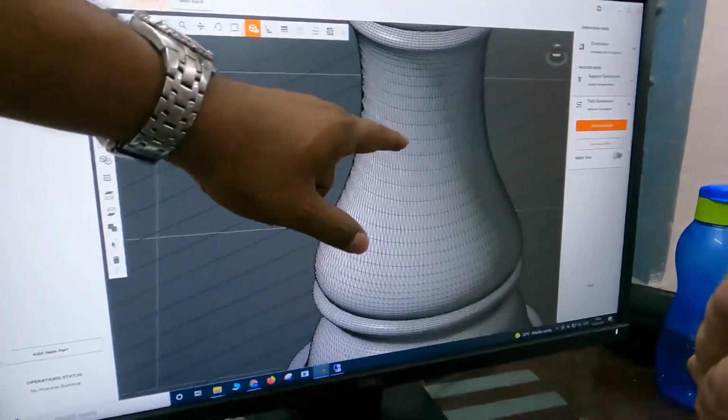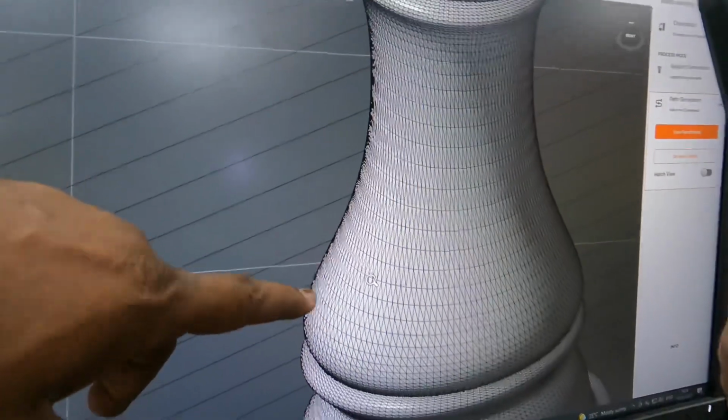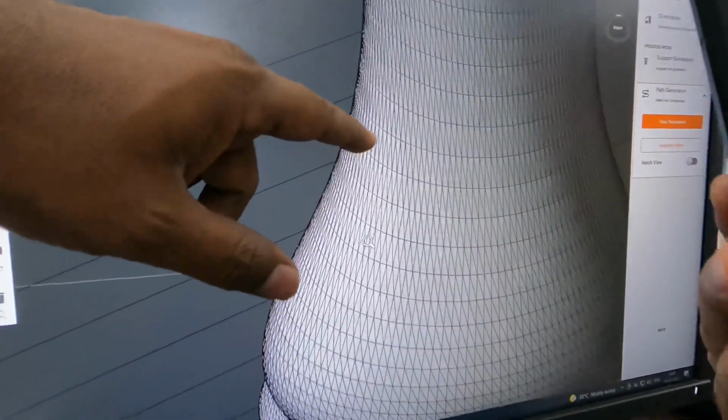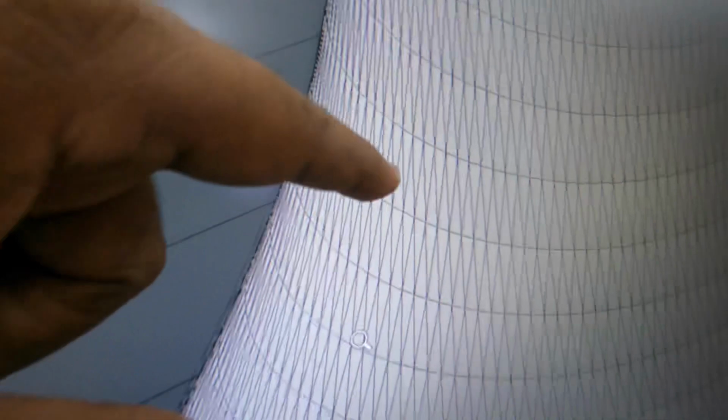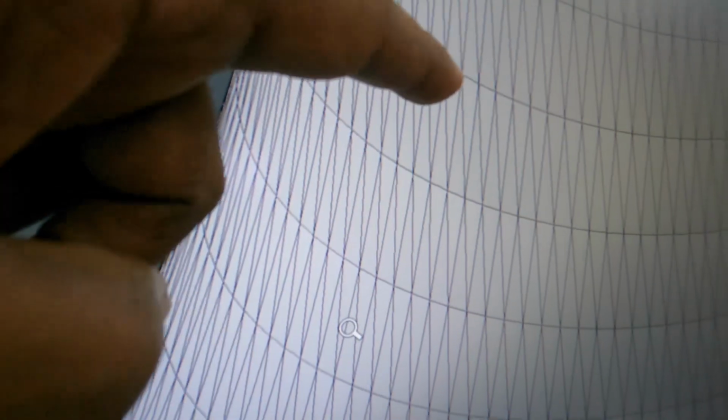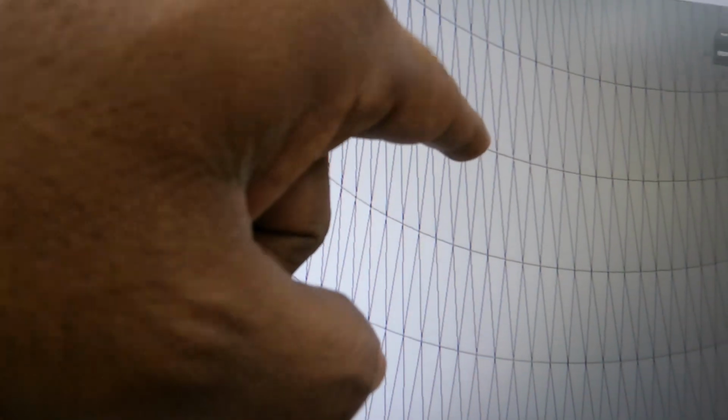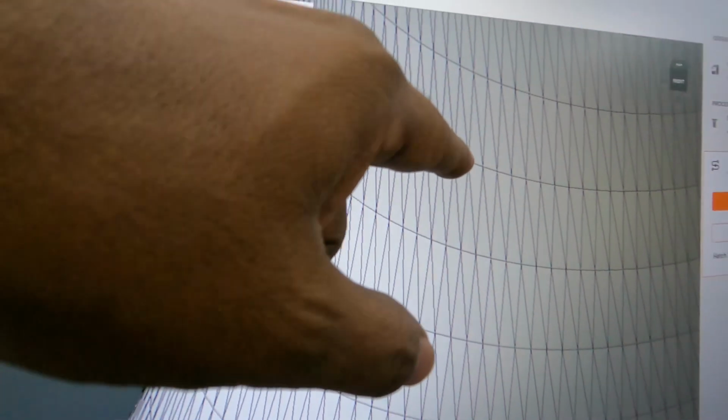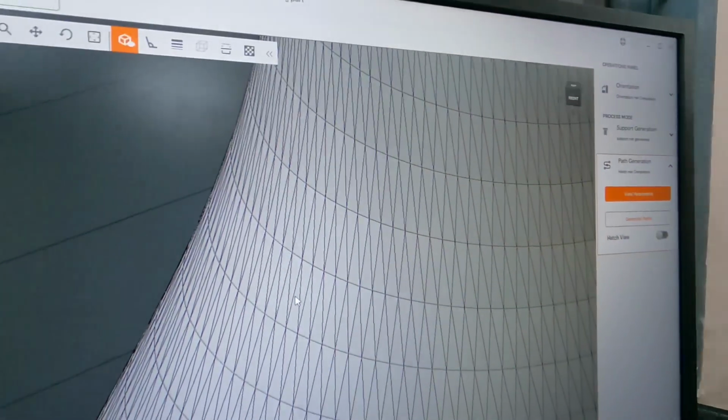Here you see the number of triangles. We describe the outer boundaries of an object by sets of triangles. In an STL file, we define each triangle by its vertices in Cartesian coordinates, and the direction of the triangle by its surface normal.